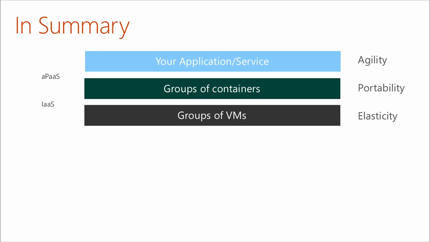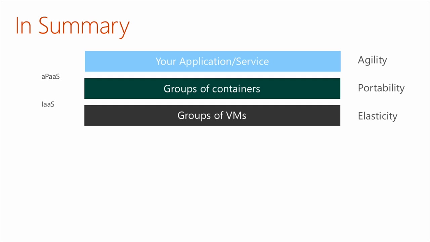So in summary, from a platform as a service layer point of view, there are 3 value propositions for you, right? You want developer agility, right? You get developer agility by not having to manage the VM infrastructure, right? And how do you do that without compromising on compatibility, without compromising on control, right?